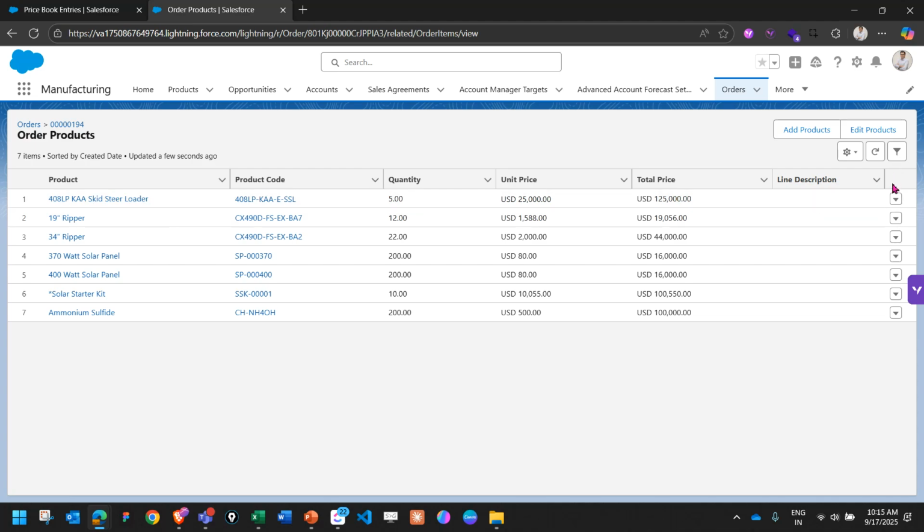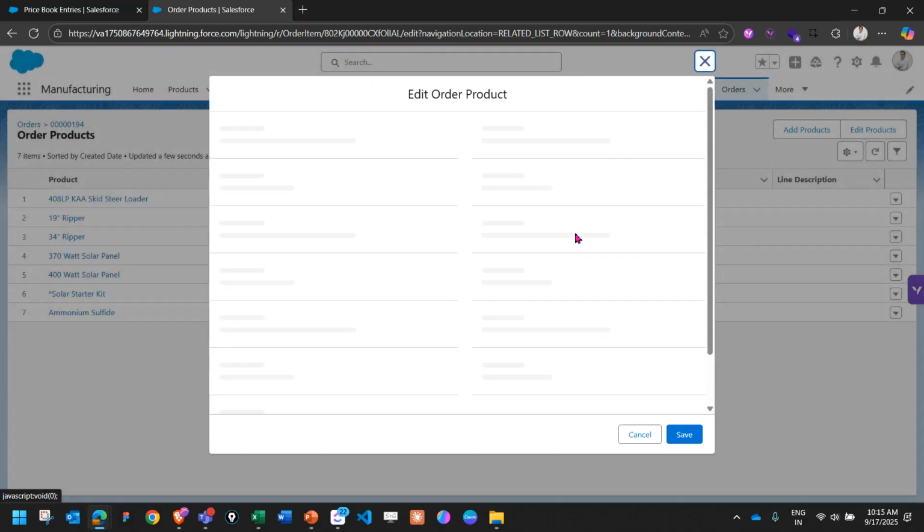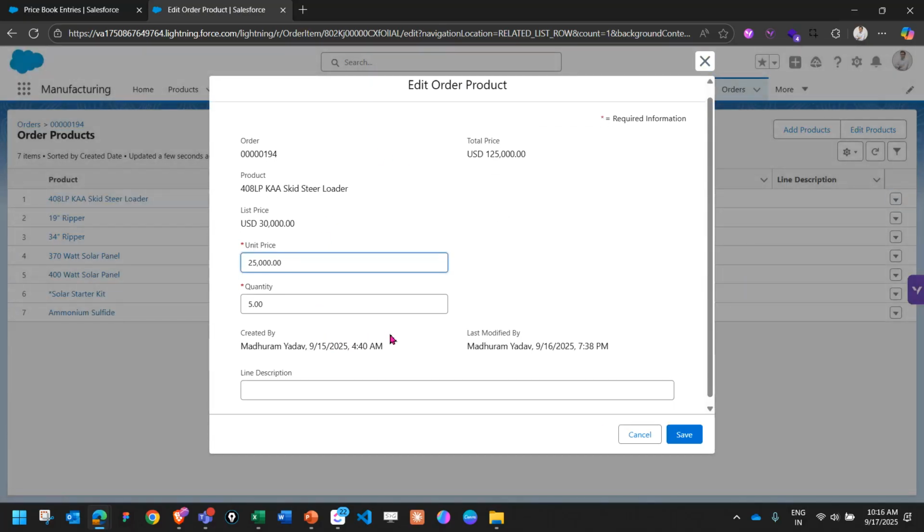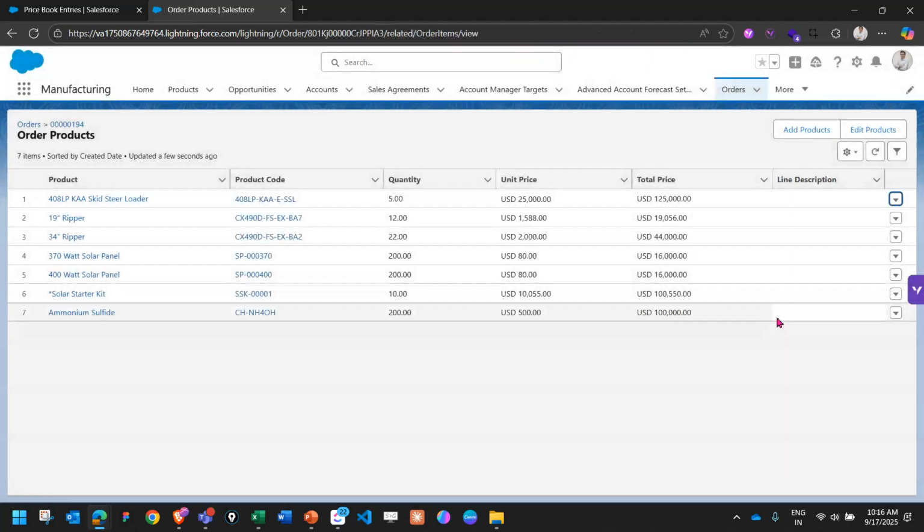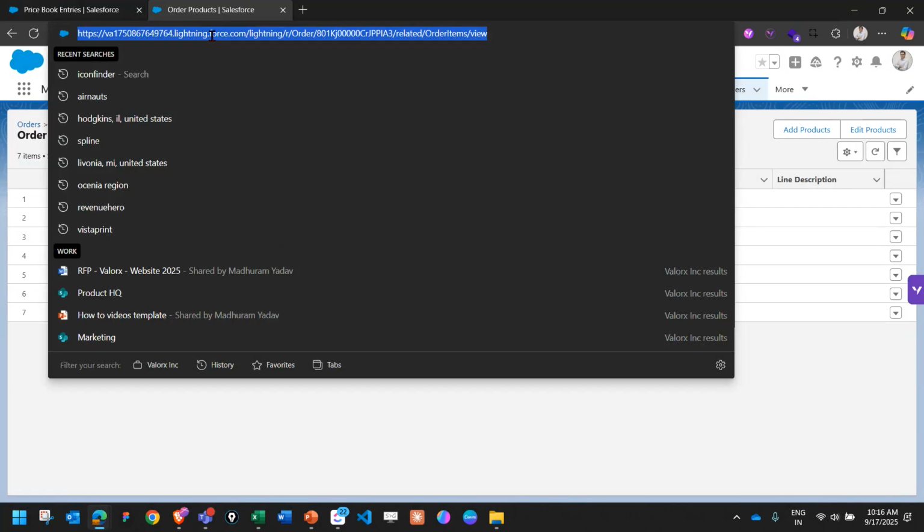So the process which she follows is to manually go here, click edit, and then update all the prices, the quantity, and stuff like that, right? So this is a very old school and a very manual way of working with your CRM data, right? So what I would like to show you is, so I'm just copying this and I'm just pasting the same